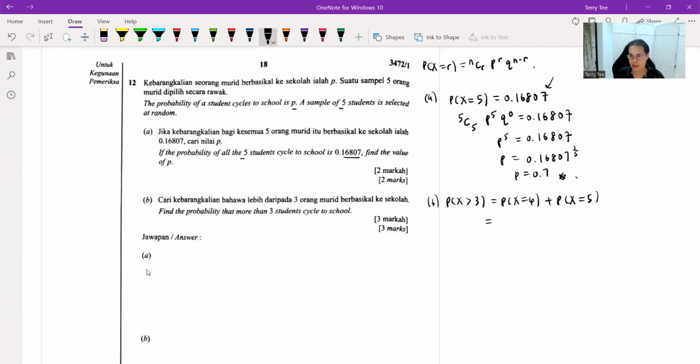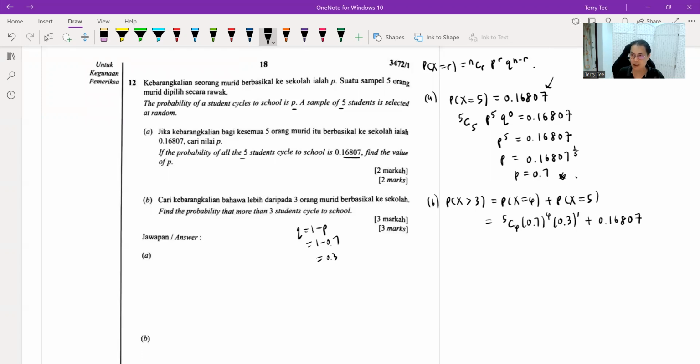The probability of 4 looks like this: 5 choose 4, p power 4, where p is 0.7. Your q is 1 minus p, in this case 1 minus 0.7 is 0.3, power 5 minus 4, which is 1. Then you add